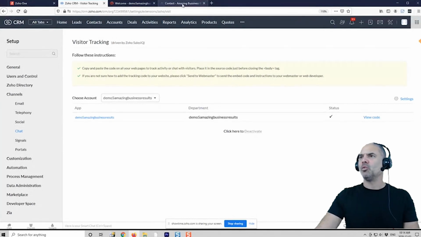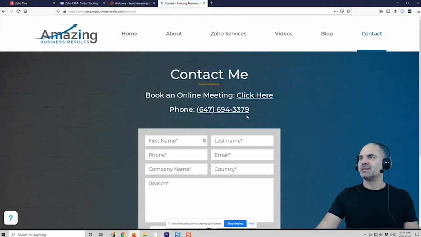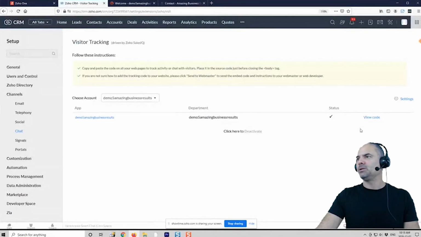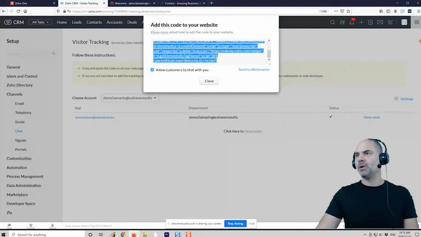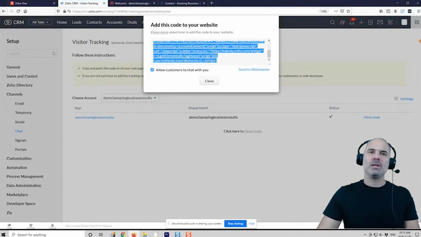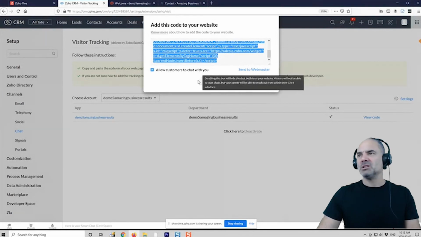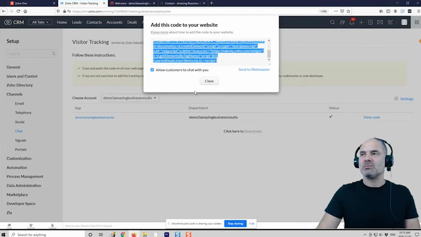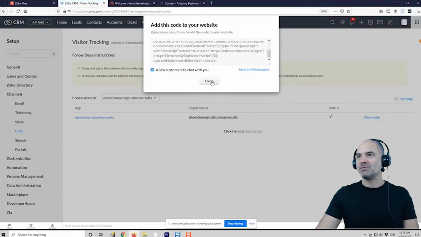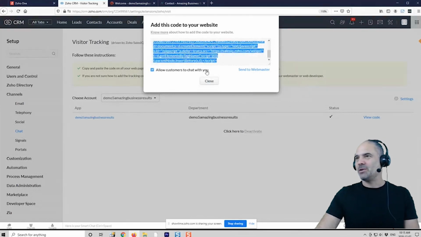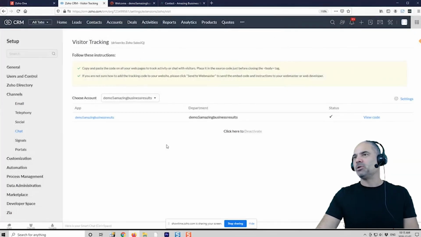If you want your website to have the Sales IQ, you will need to click on view code and you need to put this code on your website. If you need someone to do it for you, just know it's a few minutes of work. So no one will try to charge you like $1,000 for integration and all those beautiful words. So it's a very quick job. Just need to put it on the website and that's it.